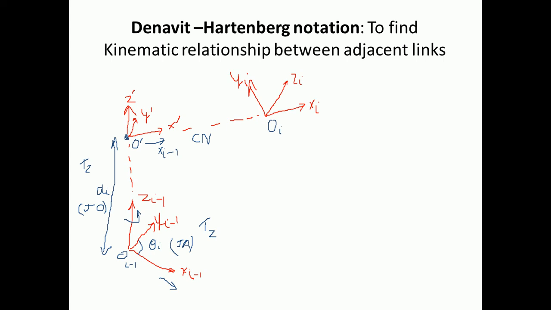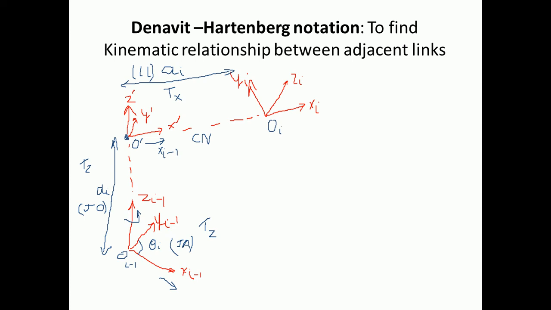So what we have to do is track a path between O dash and Oi, and this distance is represented by ai, and this is called the link length. Okay, and the homogeneous transformation matrix which we have to write is represented by T, and this is the translation in x direction. So I am writing over here x.